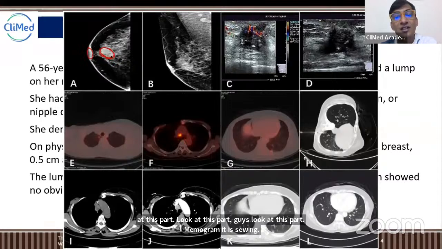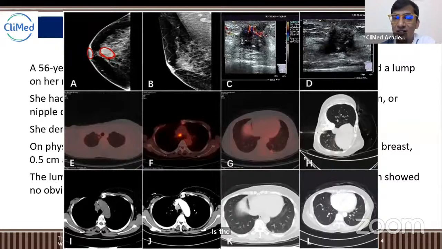This is the dense echoic area. You can see the dense echoic area in the ultrasonography. And if you look at this from the left side, here, the dense echoic area in the ultrasound is the main lump. And when we tried mammography only, you look at this, this is the area of the tumor.